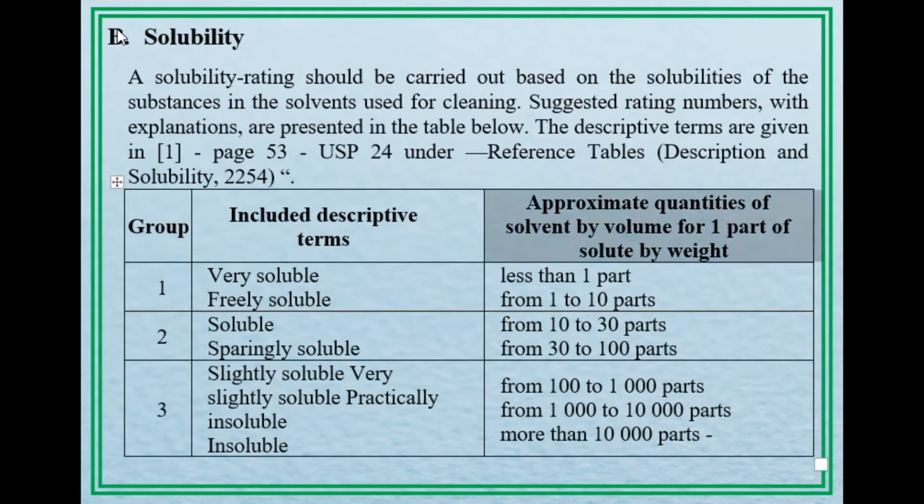Solute by weight. 1. Very soluble. Freely soluble. Less than 1 part. From 1 to 10 parts. 2. Soluble. Sparingly soluble. From